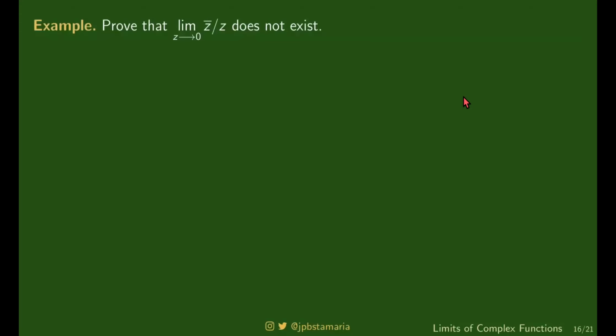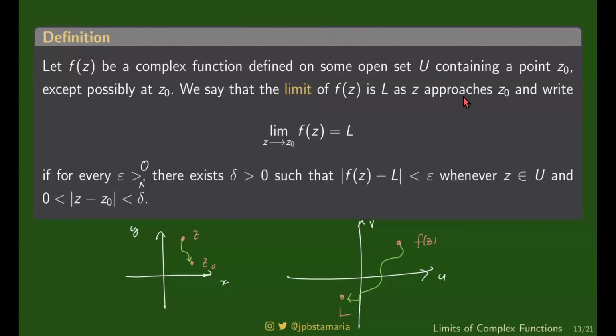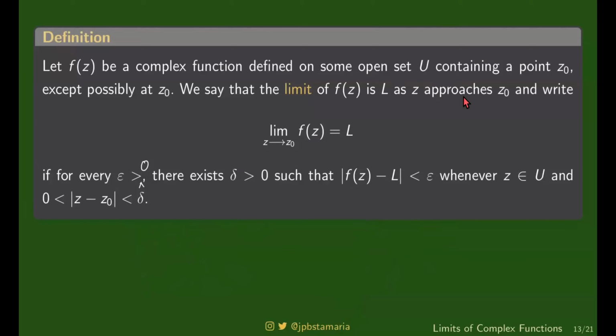Yeah, so last time we were talking about limits of complex functions. We were able to see that the definition is not really different from the way we do it in the real case, no? We still have this epsilon delta stuff, no? But there is just one thing that I'd like to mention about this limit for a complex function, especially this part, no? The part where we say that z approaches z naught.